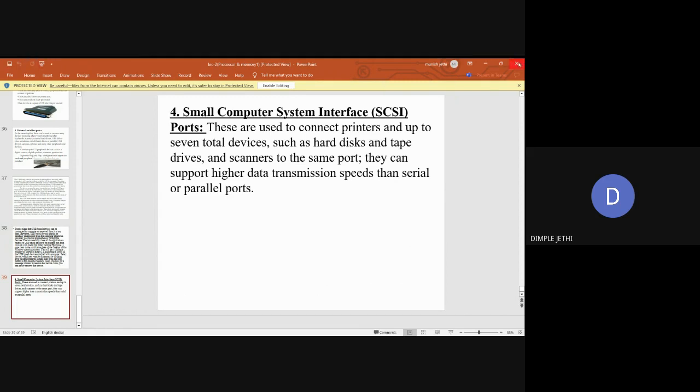Am I clear till this point? Any doubts? Should I close this file? And your port. Yes. Okay,